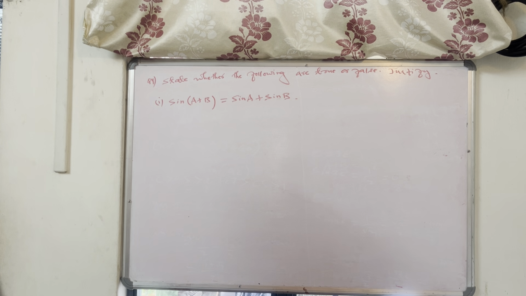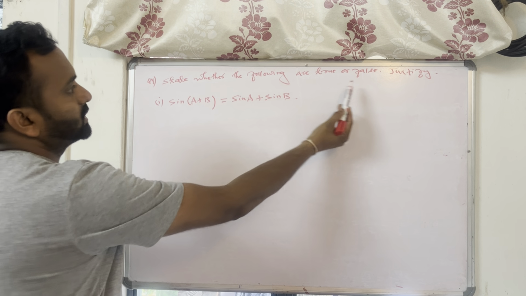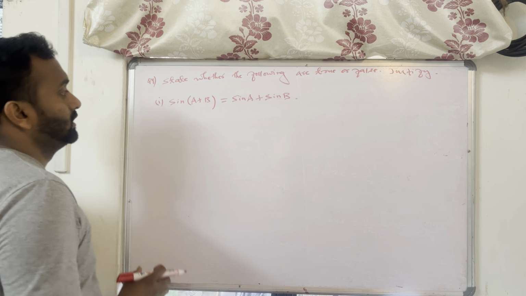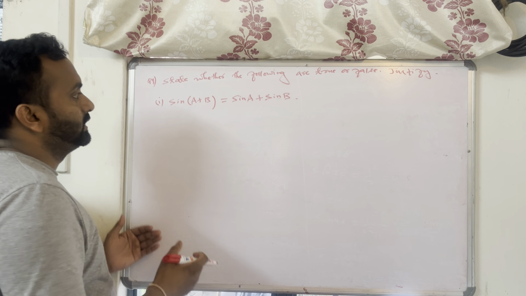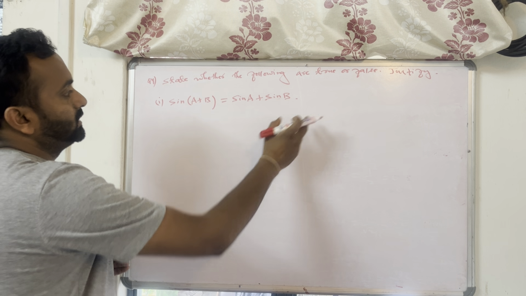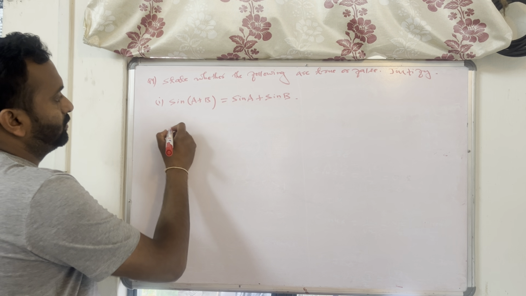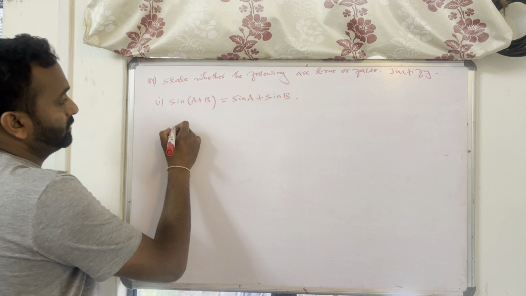So now let's proceed to question number 4, part 1. Here see, in question number 4, we have to state whether the following statements are true or false, and we have to justify our answers. So see here, clearly we have sine a plus b, and we have to justify whether it is true or not that sine of a plus b is equal to sine a plus sine b. See, what if I take